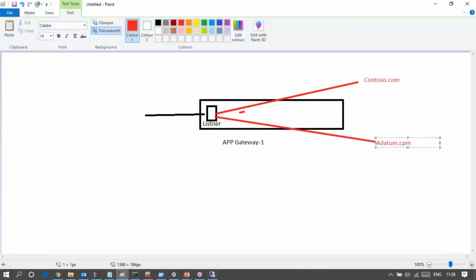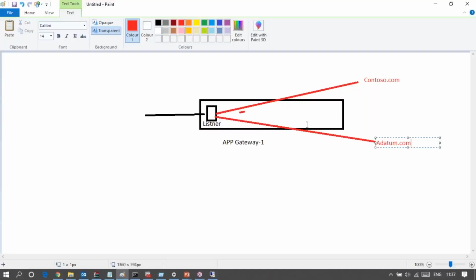So this kind of multiple sites you can add with your application gateway. Based on the routing rule you define and the request it is receiving, the request will be redirected to the proper site. So the listener is the responsible one that evaluates the rules, and when requests arrive, it matches the rules and forwards the traffic to the particular destination.